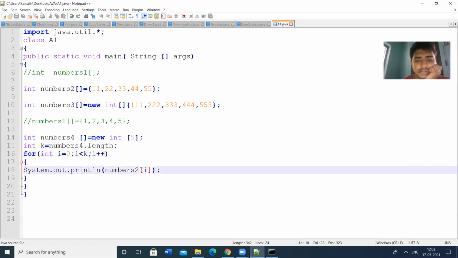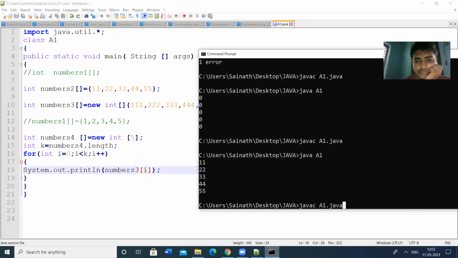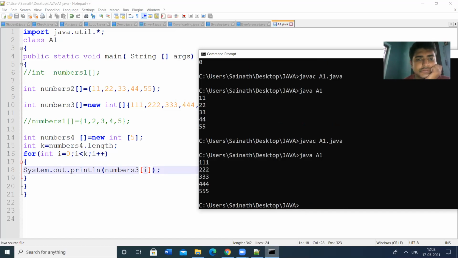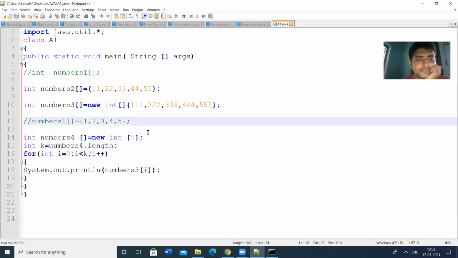Let us print the third array, numbers 3. The third array is printed.